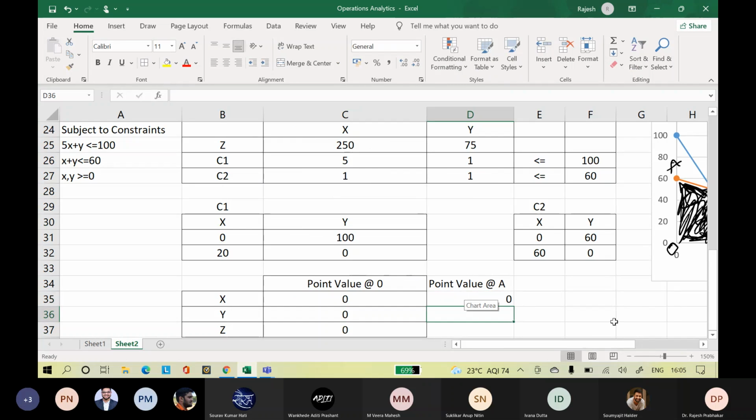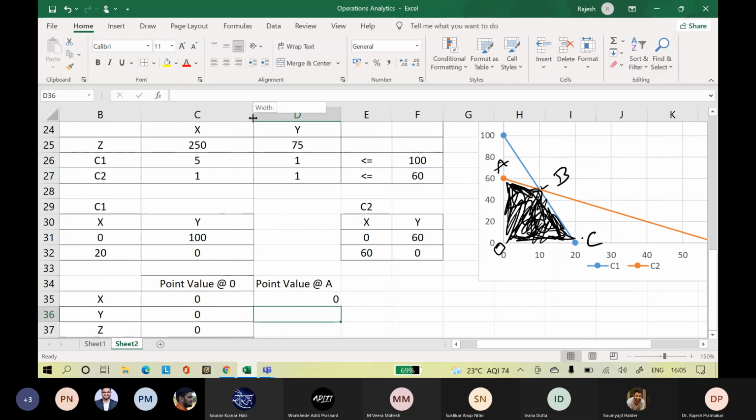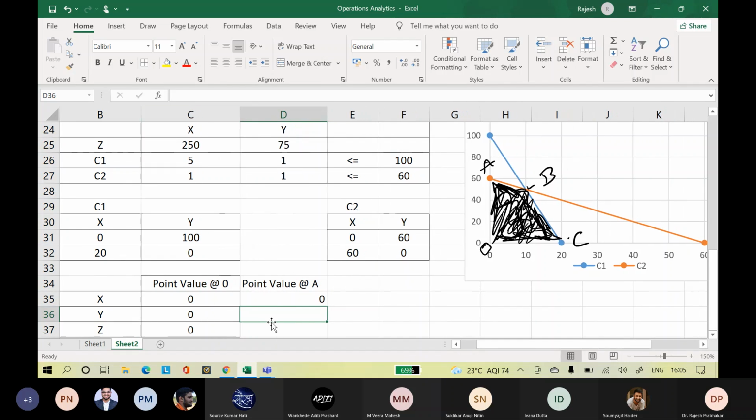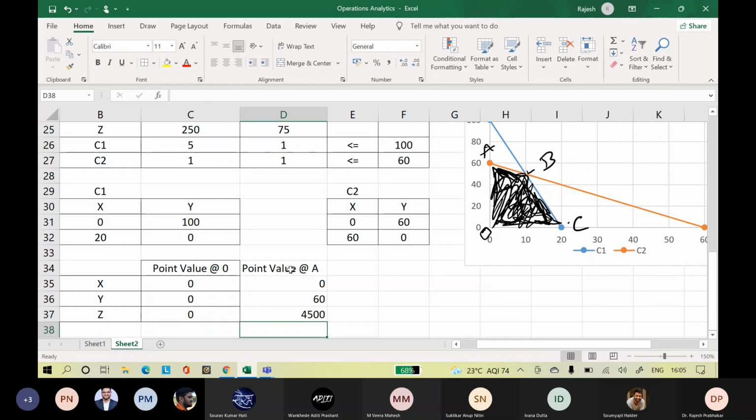What is Y? 60, sir. Y is 60. So what is the value of Z? Z is equal to 250 into 0 plus 75 into 60. 4,500. The point value at A is 4,500.